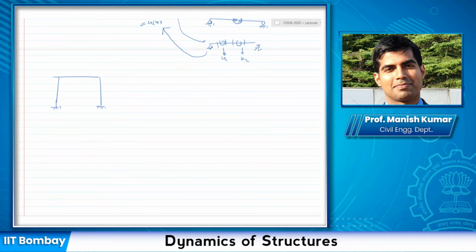Okay, something like this. Now we are going to discuss components of a dynamic system, which would help us in setting up the equation of motion. Okay, now let me say this is being applied upon by an external force p(t). What happens if you apply an external force to a deformable body? One of the things that will happen is that it will deform, right? So first let me consider the stiffness component of this.